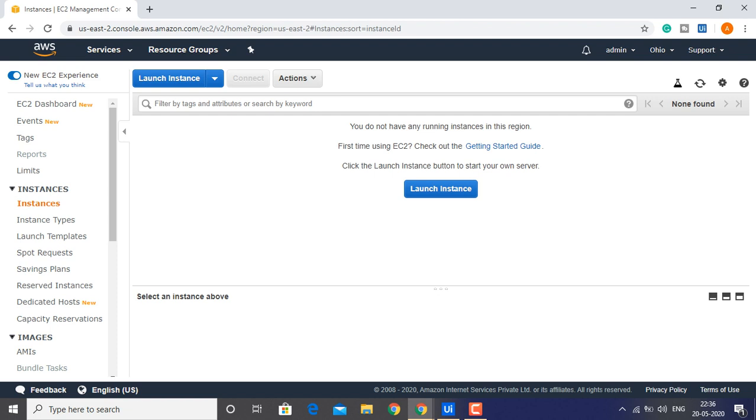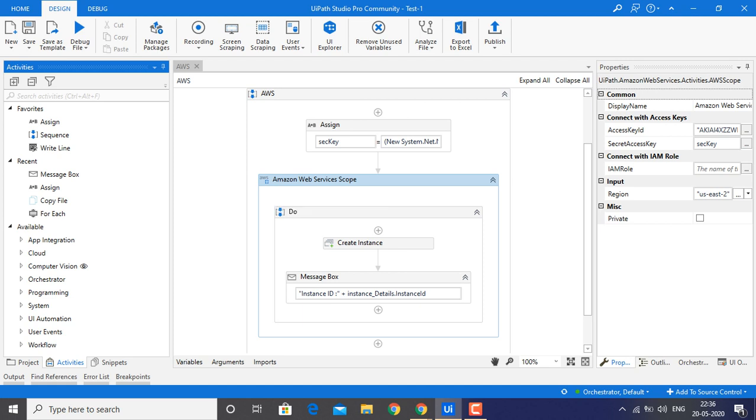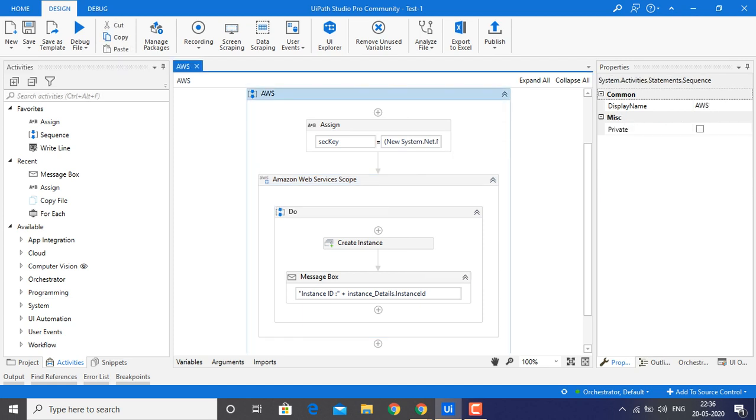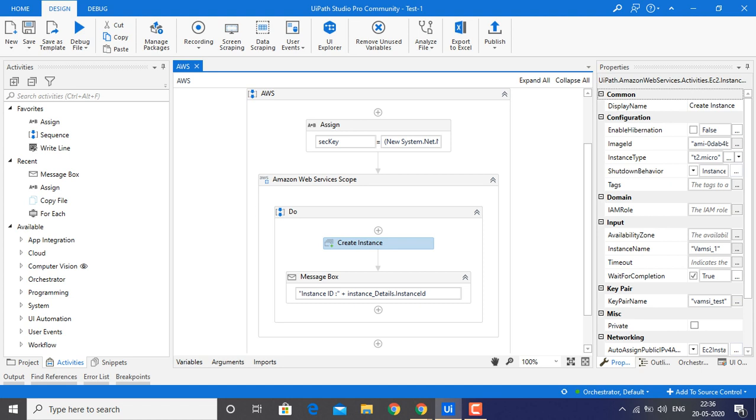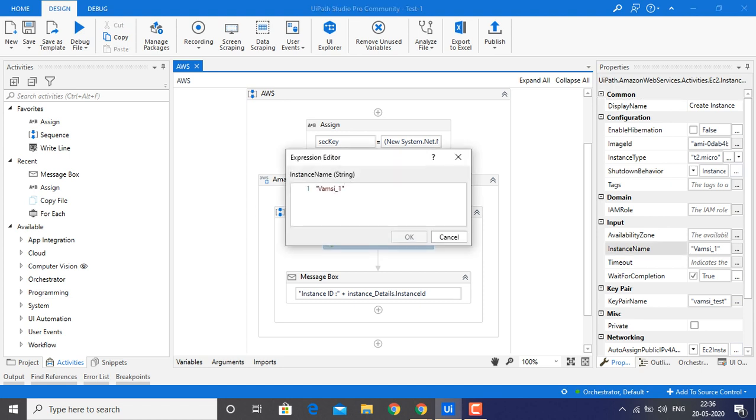Right now we don't have any instances, we just have to launch an instance, and I have created the scenario. Let me run this so you will understand better. Just a second, guys. This is my instance name, so I am changing this to Anusar Tech.